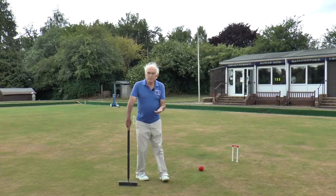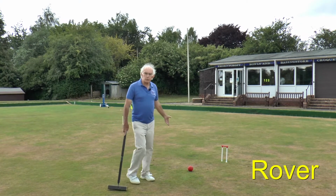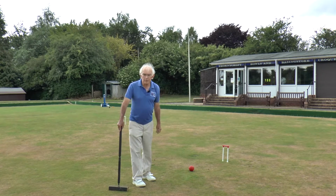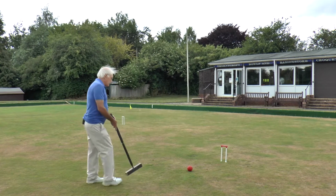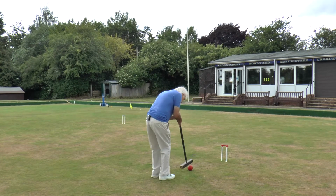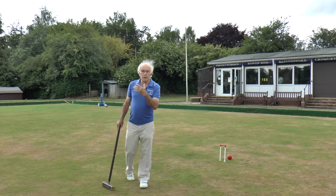And having run penult, we find ourselves in front of the final hoop, which is known as rover, which is the one with the red top. And when you reach the red top, you know you're approaching the end. And so we run that. And then we go for the peg,